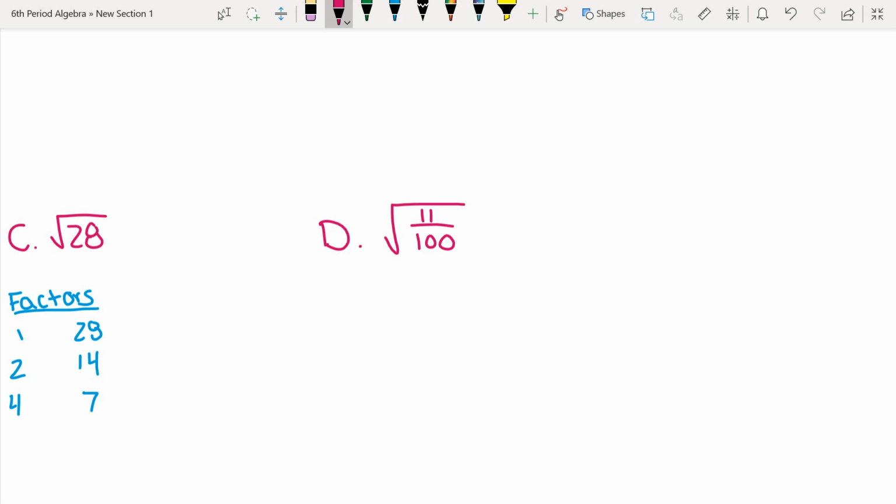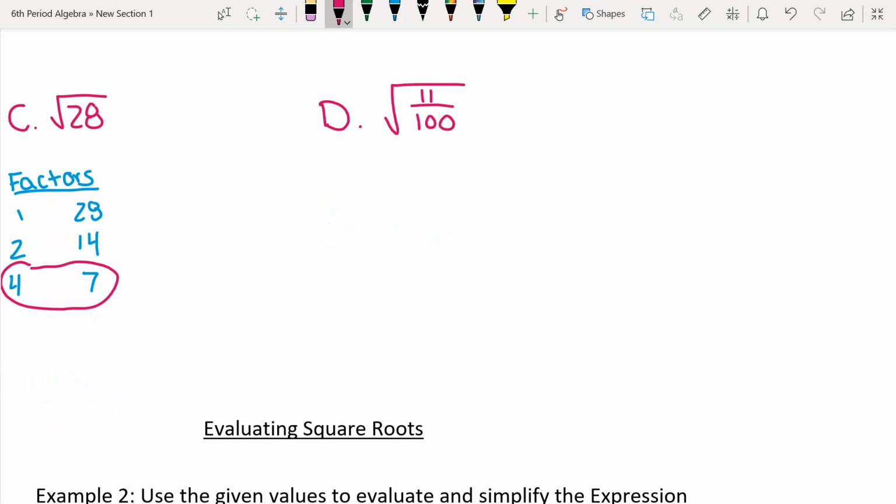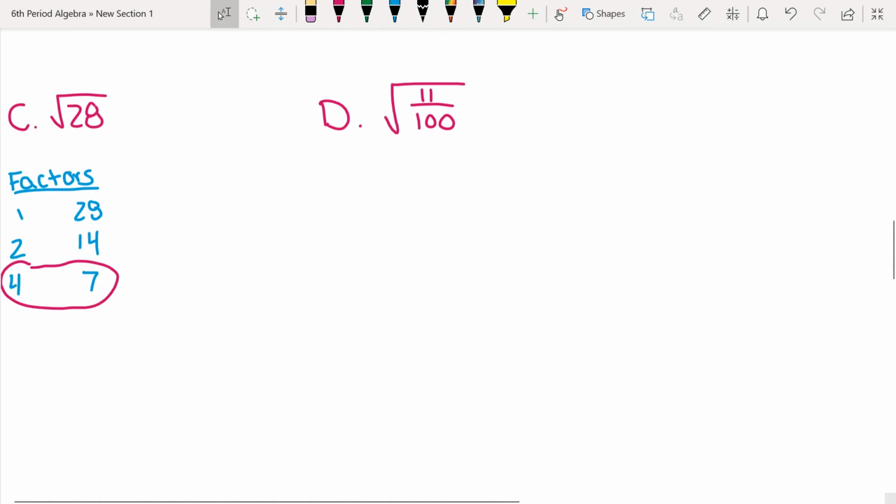2 and 14. Well, 2 is prime, so that's good. And 14? Well, 14 is not a perfect square, so I can't even deal with this factor pair. So I look at my last one, which is 4 and 7. Well, 4 is a perfect square. That's really good. And 7 is prime. So this is actually an example of an ideal pair. That's really nice. So what this means is that you should have broken up the square root of 28 to